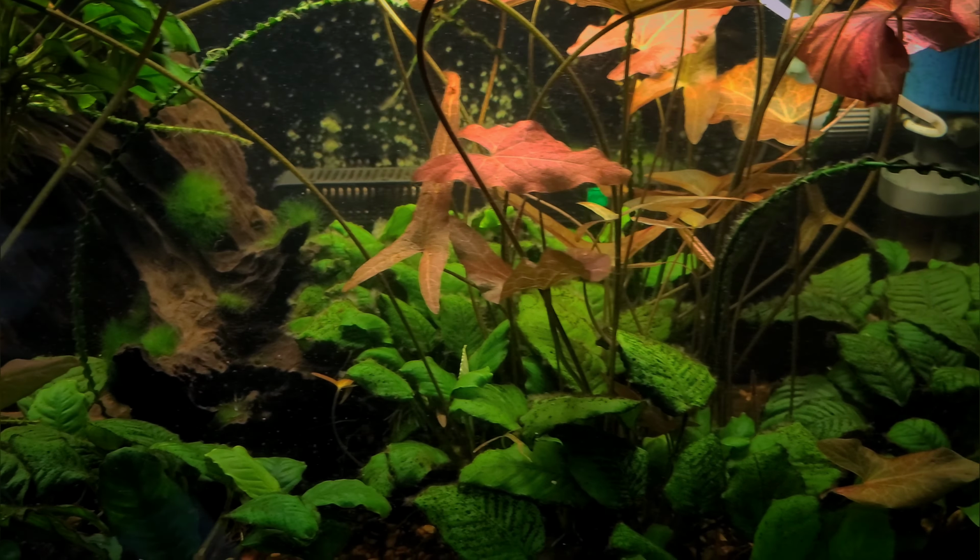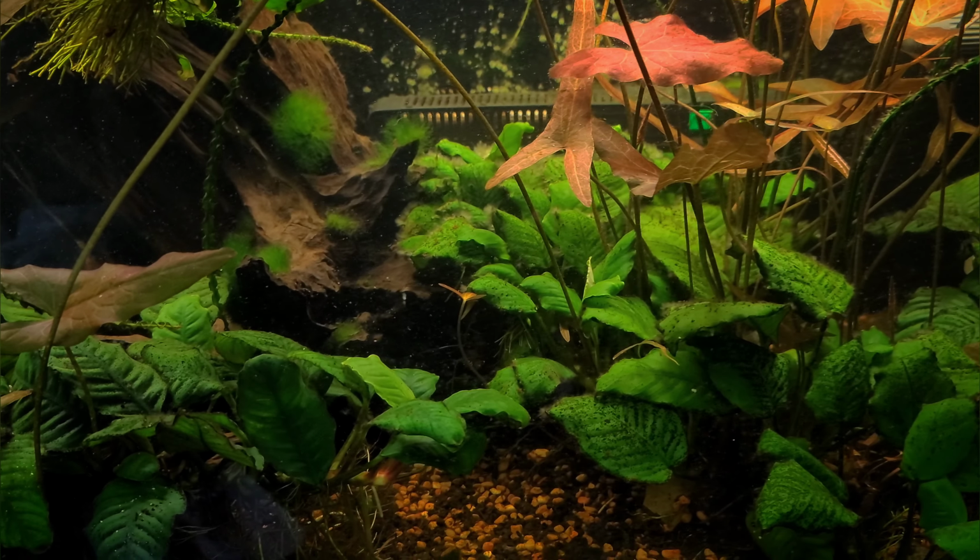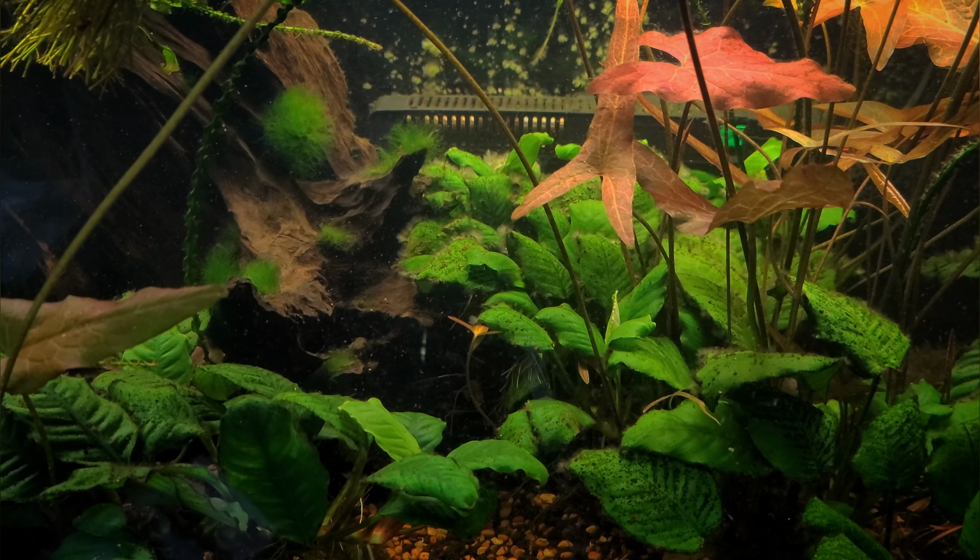That is my spare heater that I like to keep as an extra. But like I said, I always like to have an extra. That heater is a smaller one. It's fine for now, but for when it gets colder months, it's not going to work out too well. So that's going to go back into my spare heater pile, and I'm going to be putting this Hygger one